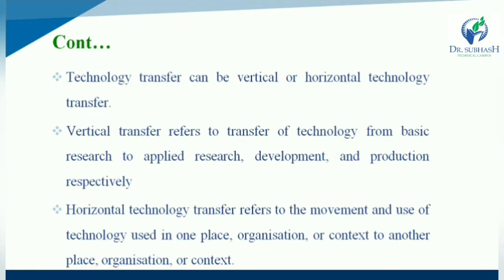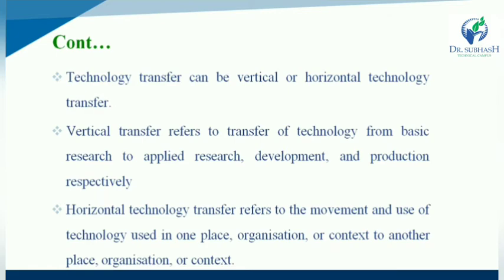Technology transfer can be vertical or horizontal. Vertical transfer refers to the transfer of technology from basic research to applied research, development, and production respectively. That means technology transfer has two types: the first is vertical technology transfer and the second is horizontal technology transfer. In vertical transfer, technology is transferred from basic research to applied research, development, and production respectively, while in